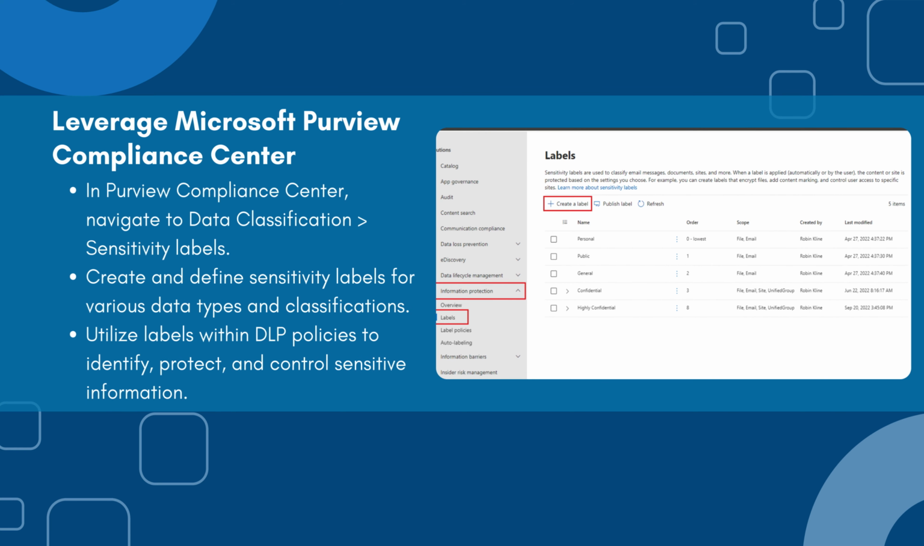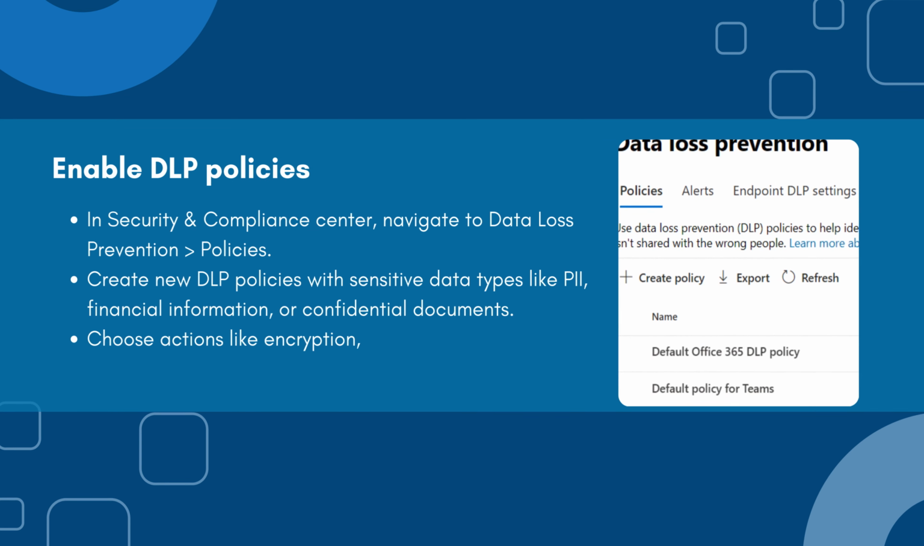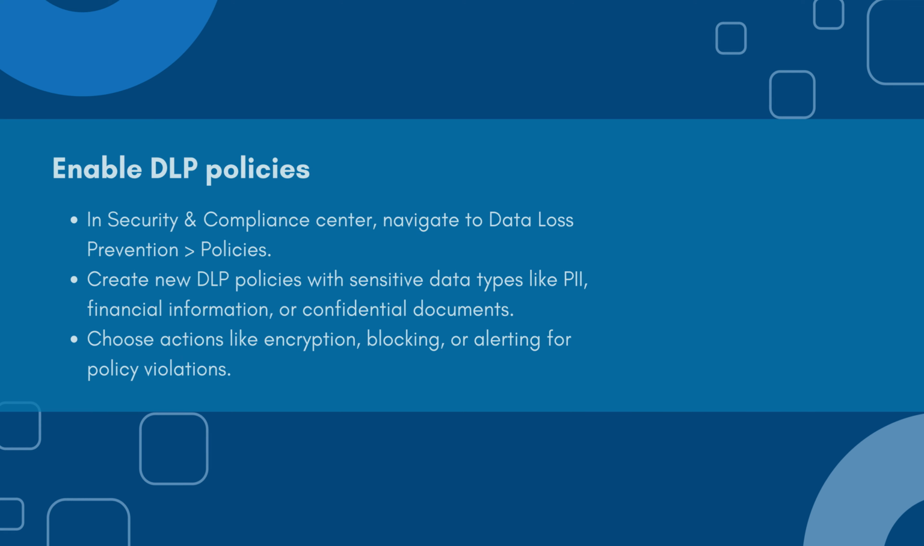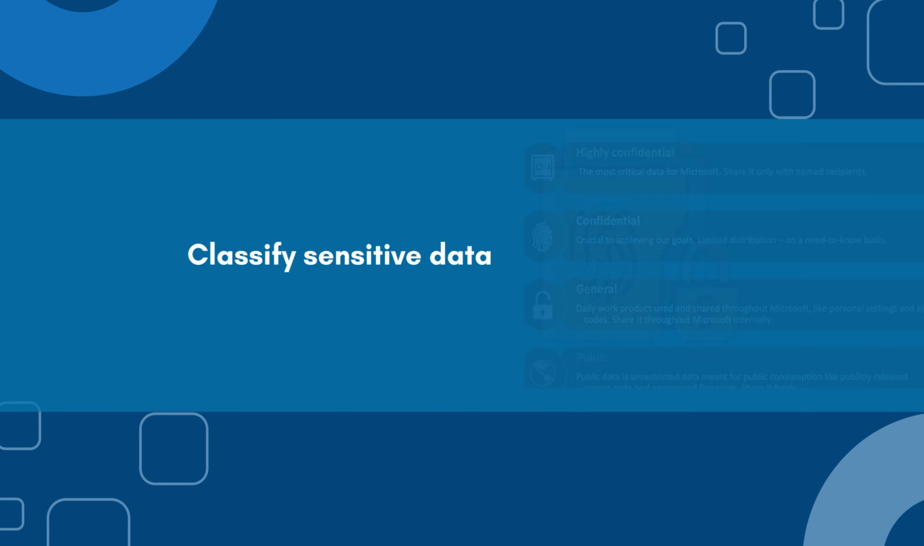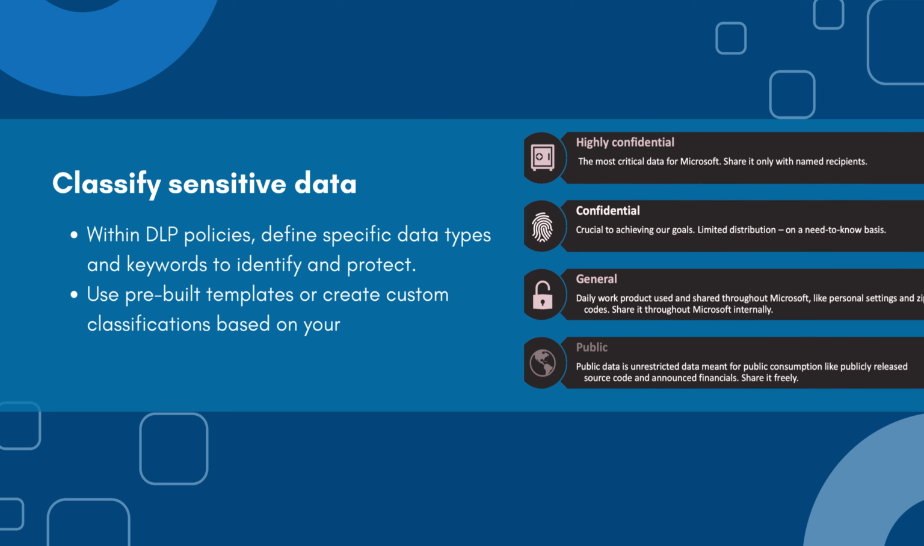Navigate to Policy under Data Loss Prevention. You can either create a policy from default templates or create a customized DLP policy. Once the policy is created, it will be enforced in Microsoft Teams. Any sensitive information that matches the policy criteria will be blocked or flagged for review. You can also classify sensitive data by utilizing pre-built templates or create custom classifications that align with your organization's unique